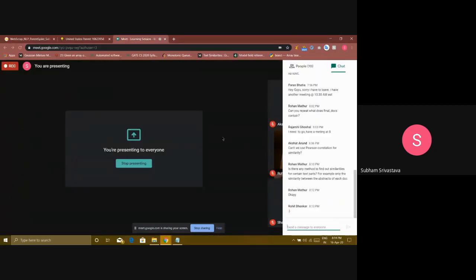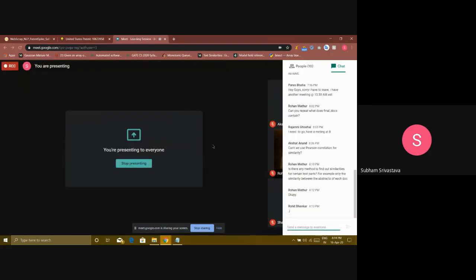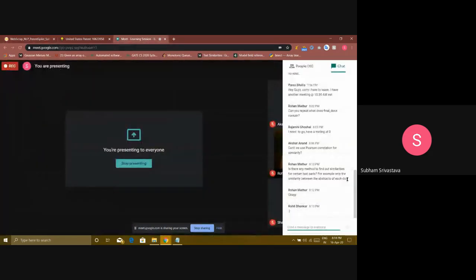The TF-IDF vectors work in such a way that these parts are getting matched, not specifically with each other, but they are sharing their part in getting the similarity of that particular document. So it is not totally away from each other.